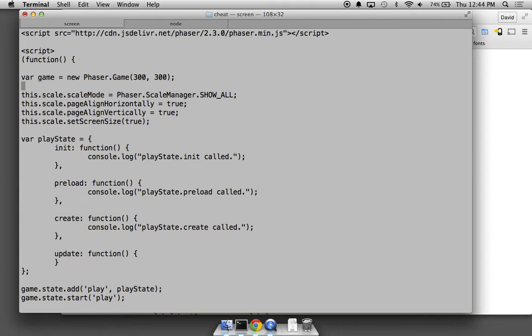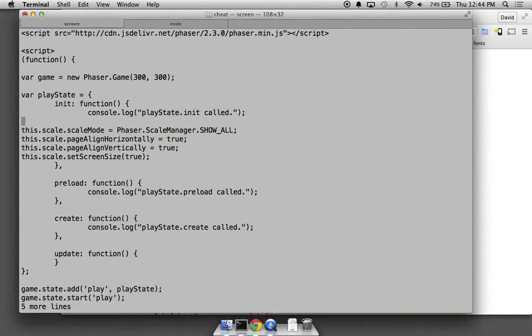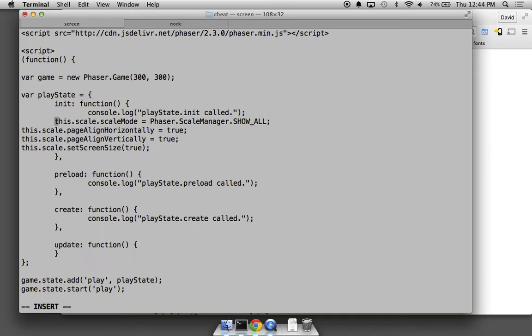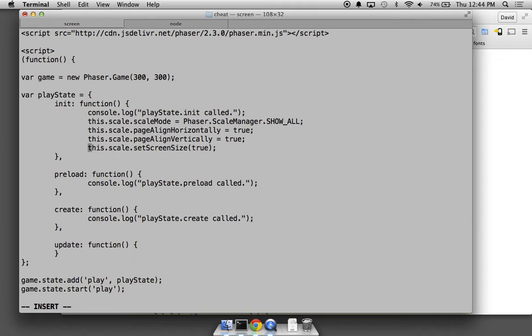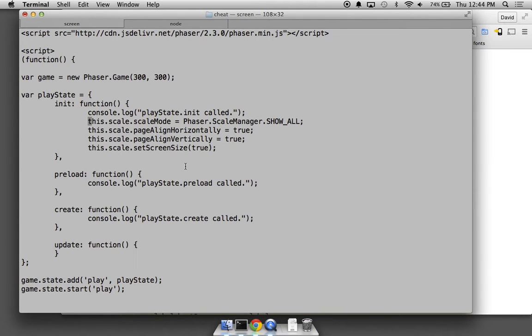You know, this is a really crazy thing in JavaScript. So let's put that inside perhaps init. And see, it had this there. You see this? This code was meant to be placed in a game state function, one of these state functions. I think init is the right place to put it. When this init function gets called,